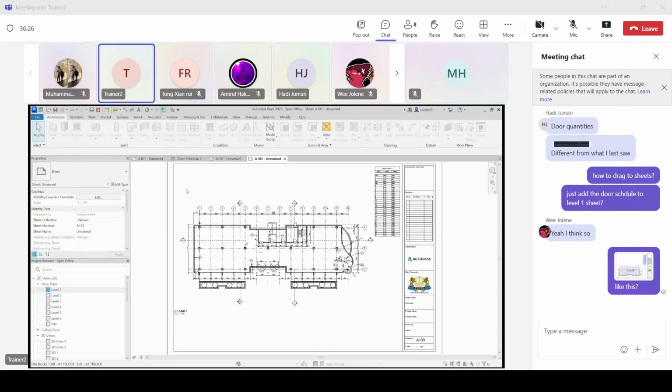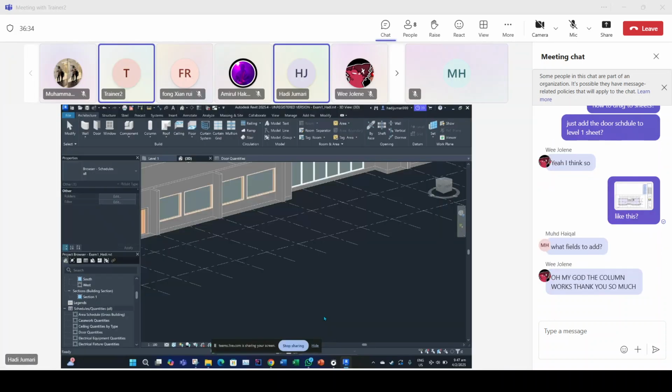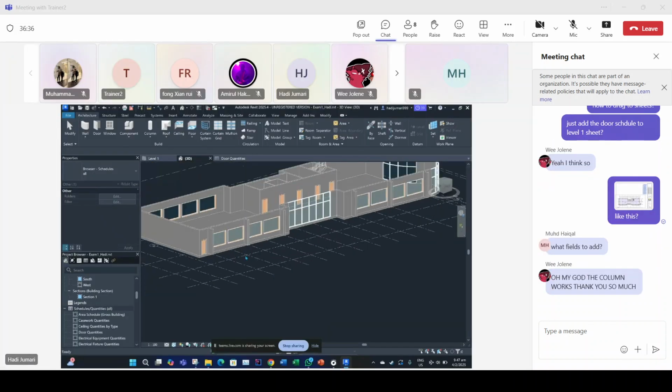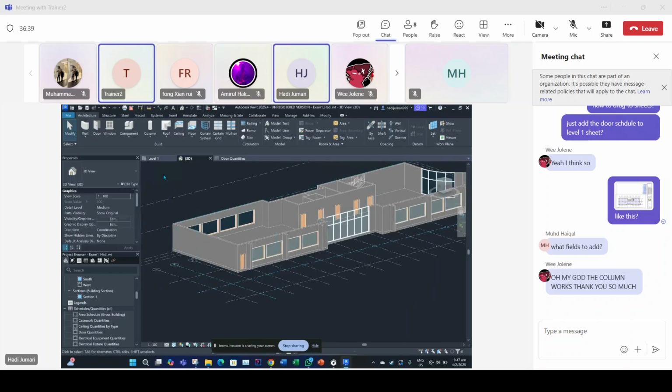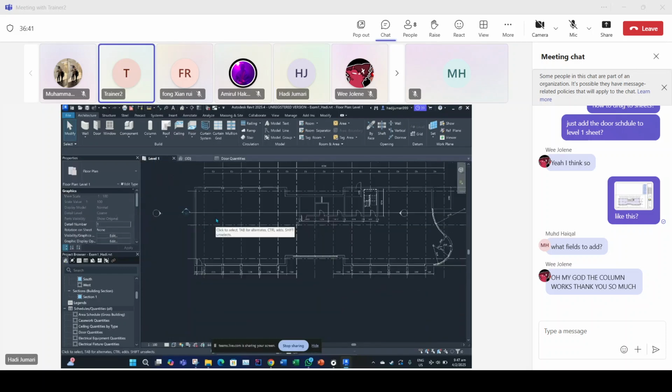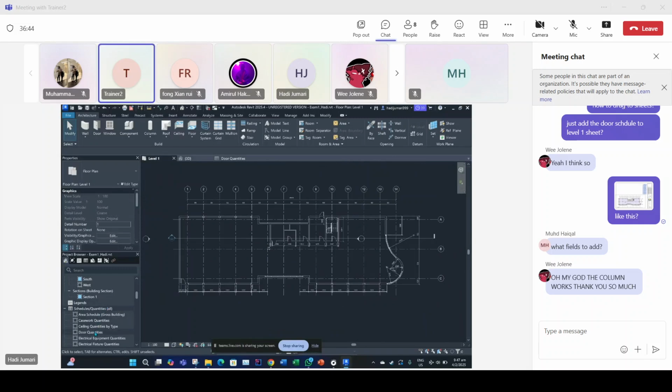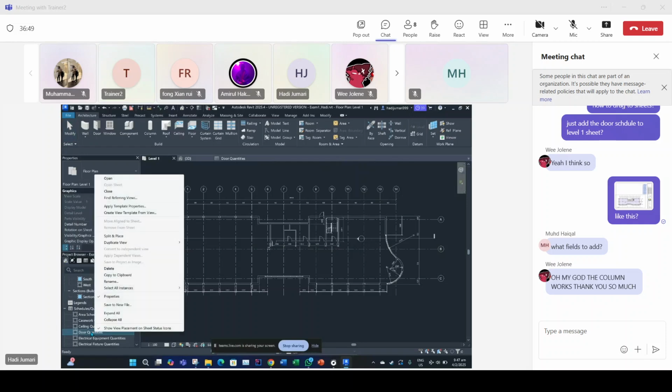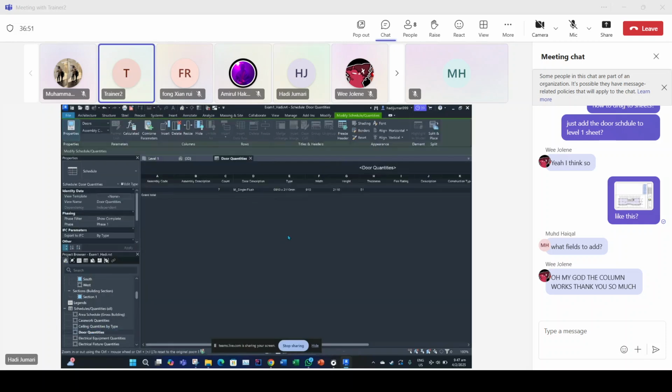So any questions, guys, before we proceed? Are we all good? Or anyone want to share the monitor? Okay, Haikal, I discussed it a while ago. Just place the mark, the width, and the height. That's all. I think Jing also sent the example. He already created it. So just put the mark, height, and the width. I just want to see that you understand the concept for the schedule. All good?